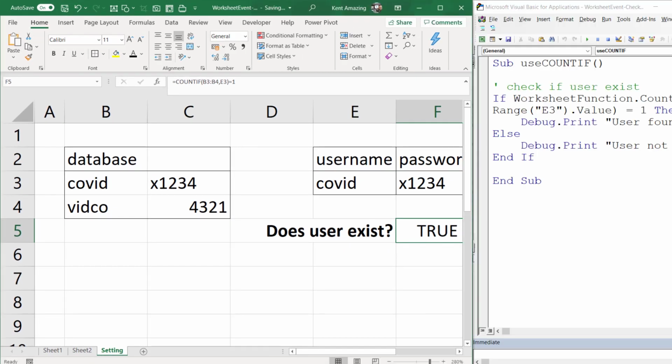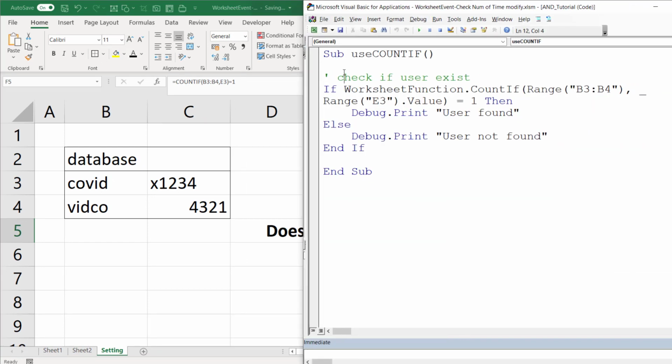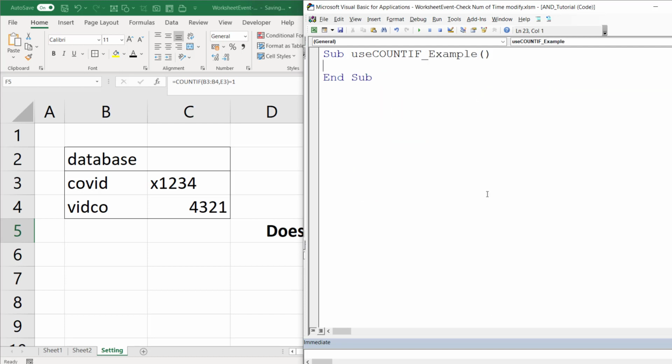Now we can work on this by using VBA as well. Well, this is how we write this. This is code, and then we can check it. So let's do this again. So like the Sub UseCOUNTIF example. So I can have this underscore here, and open bracket. Okay. So I can call out the COUNTIF function by using the